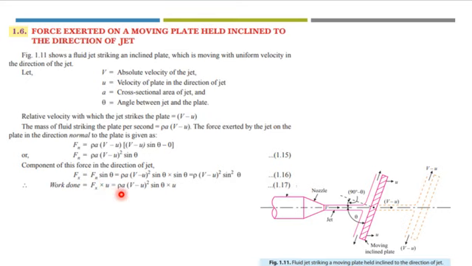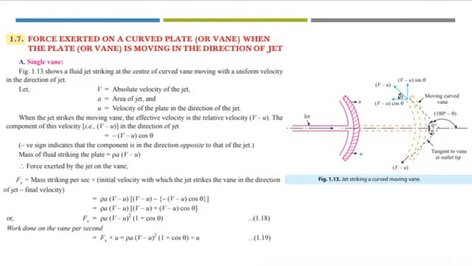So work done will be Fx into u, which equals rho a into (v minus u) whole square into sine square theta into u. So our third case is